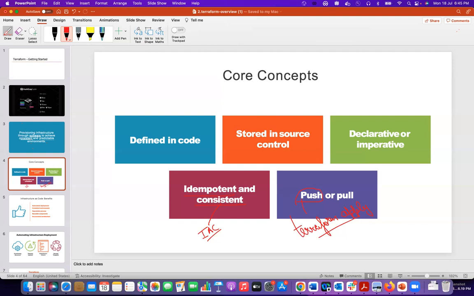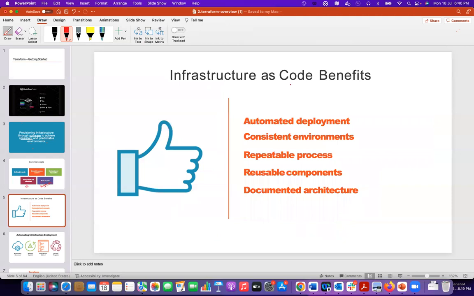So if someone changes anything manually, Terraform is going to revert it back. This is a very important concept within IaC, because once you start implementing IaC, all the changes should go using the code only. You should not be making any changes manually. Now, if you look at the infrastructure as code benefits,